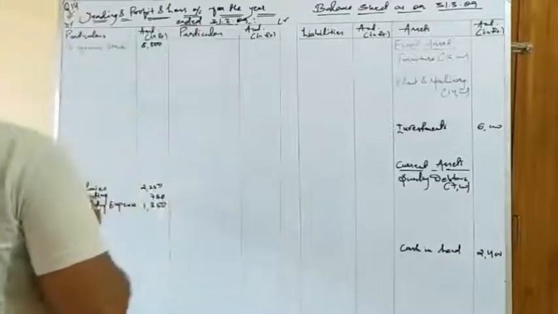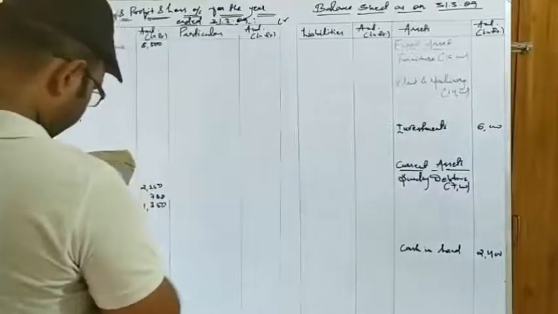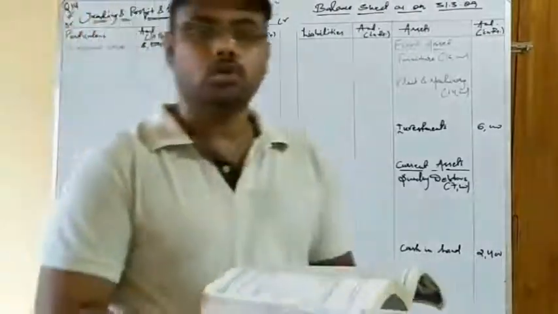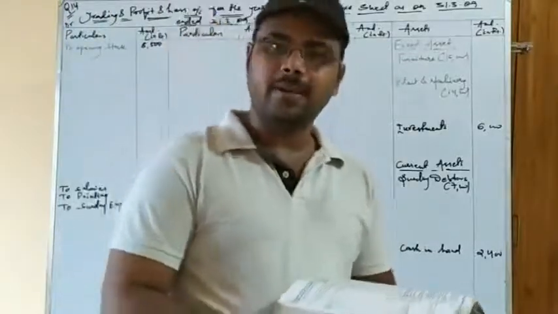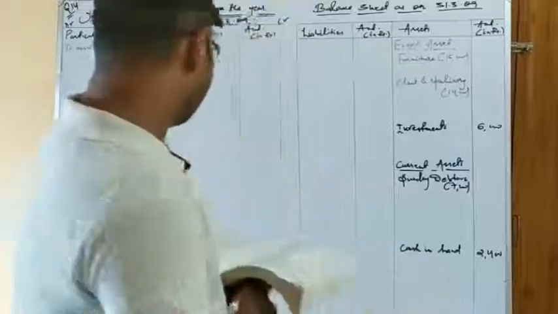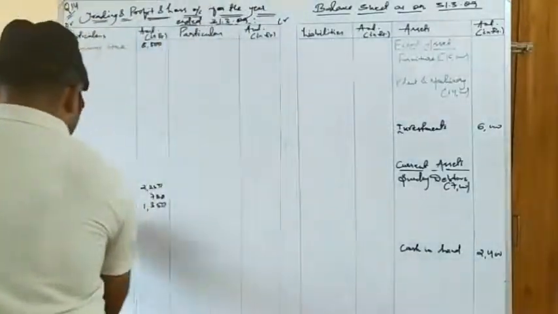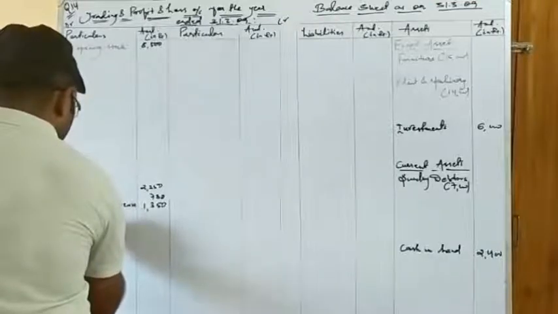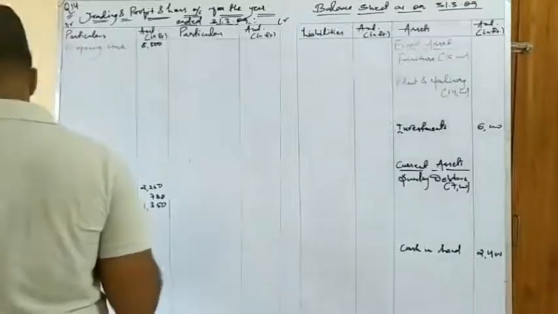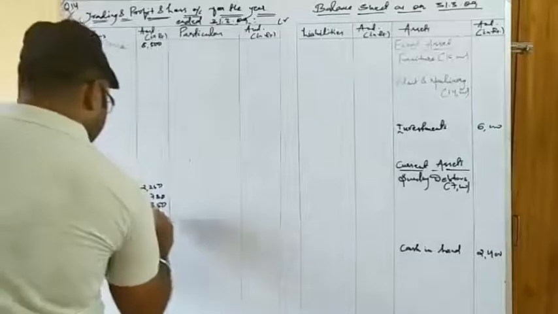Okay, and the next item is interest. See, interest is given in the debit balance. So as you know, interest is a nominal account balance, and it is given in the debit balance, which means it is an expense. So definitely it will go to the debit side of profit and loss account, and since there is no adjustment, we can put it into the outer column directly to interest, that is 400.